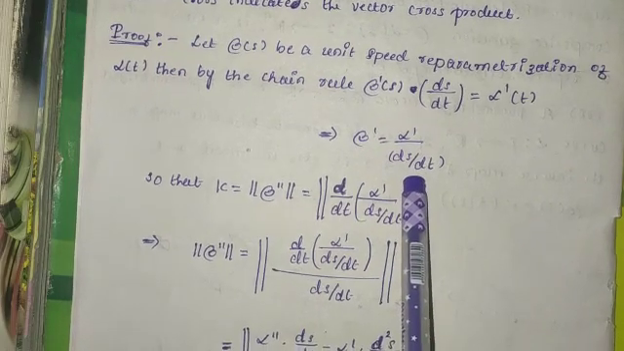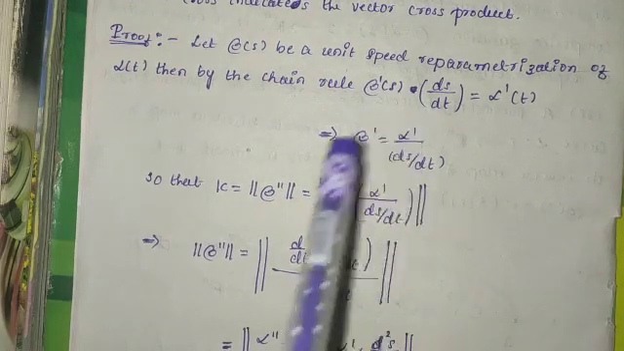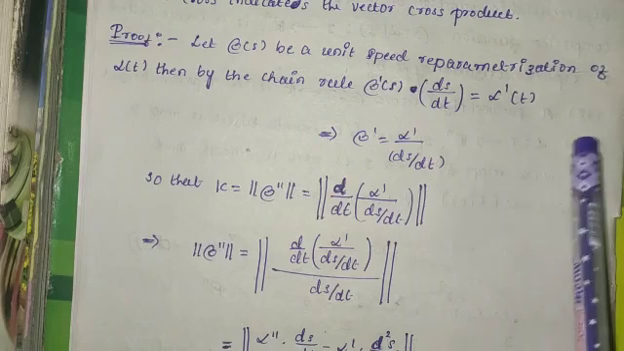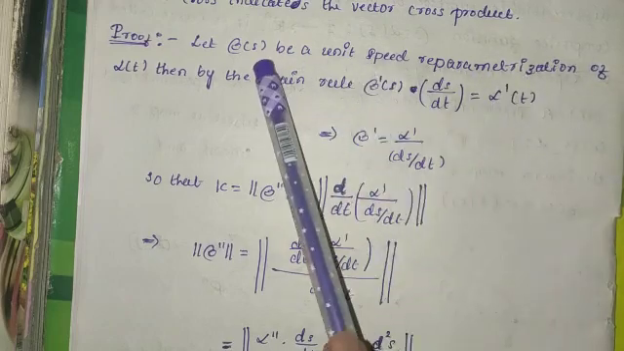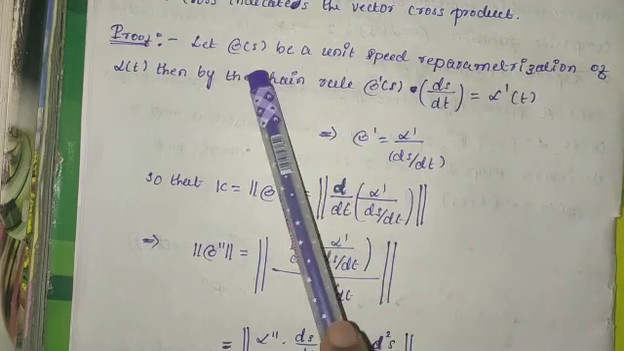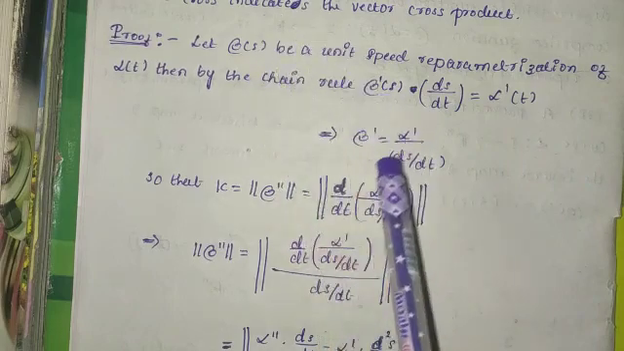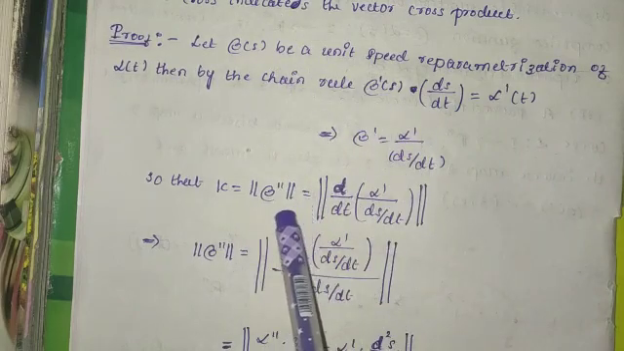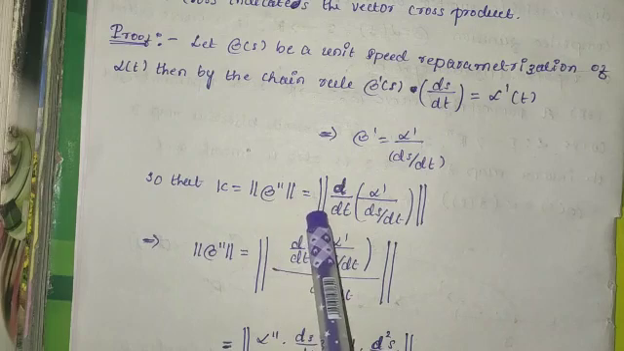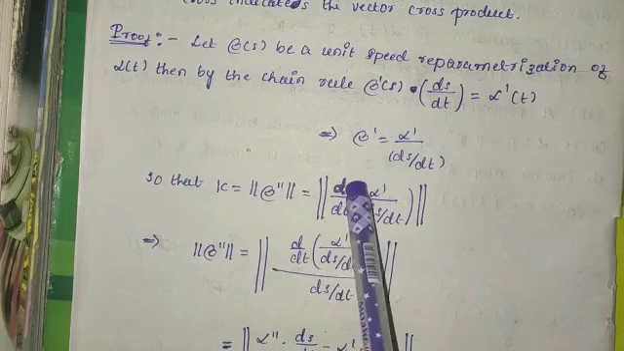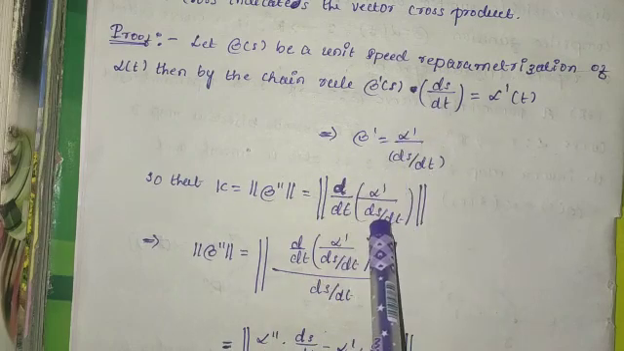Okay, so now we know that curvature can be represented as k is equal to the norm of alpha dash of s. Here we consider beta as a unit speed reparameterization. So curvature can be represented as the norm of beta double dash, which is equal to the differentiation of this, d by dt of this function, alpha dash divided by